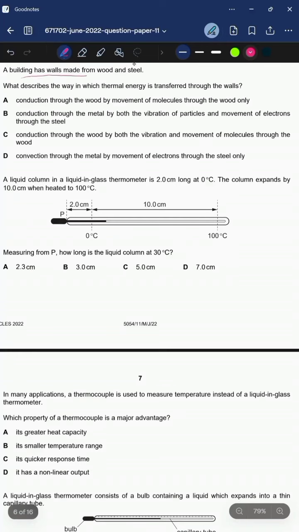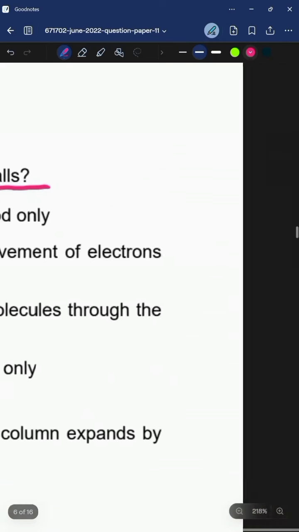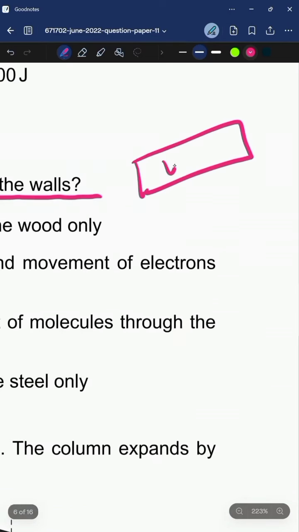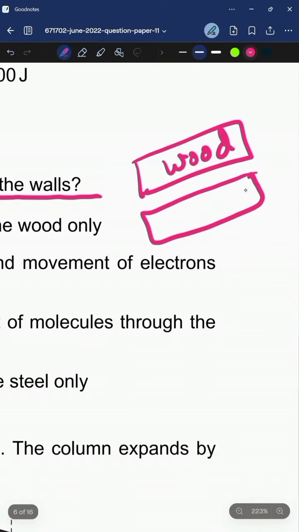A building has walls made of wood and steel, and what describes the way in which thermal energy is transferred through the walls? So the walls are made out of wood and steel. And how thermal energy is going to transfer, right? We know that the wood is the poor conductor